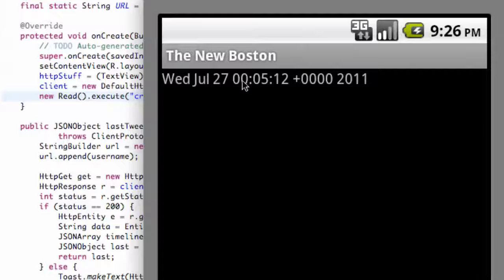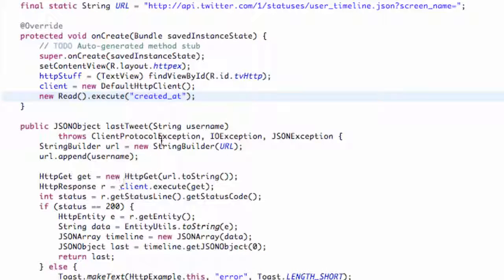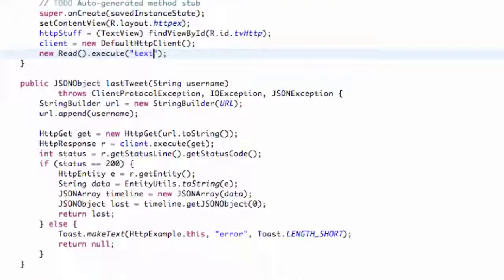So there you go. It's kind of a quick overview of JSON and how to parse and all that good stuff. So probably catch you in the next tutorial. I was going to do kind of an overview, but for the most part I think we covered most of this stuff. So I'll catch you guys